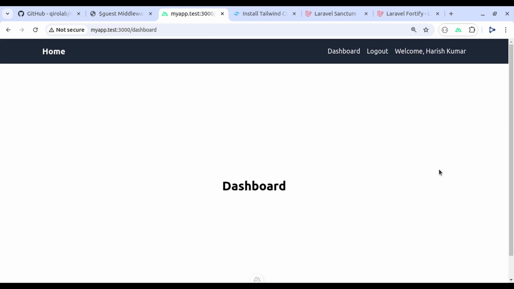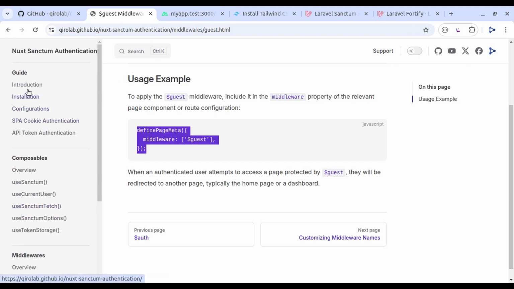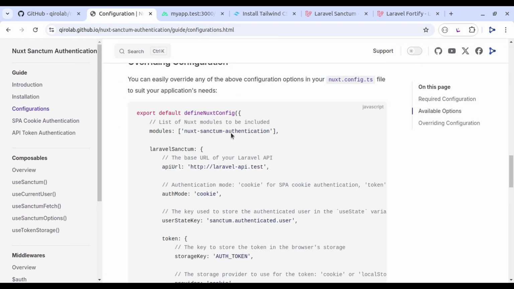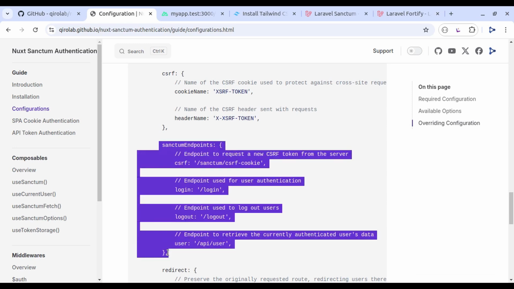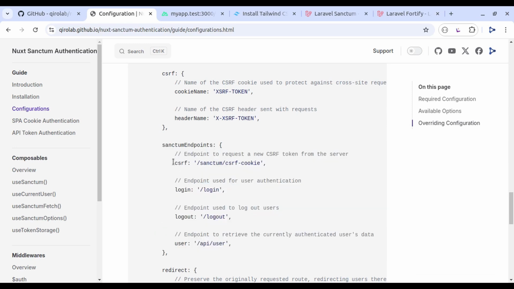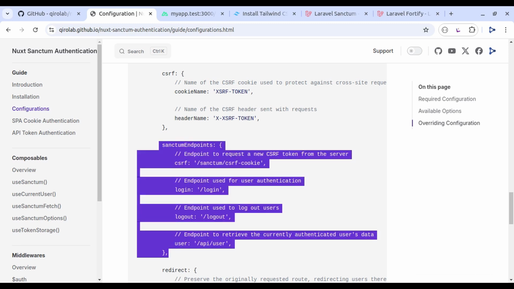To fix this, we need to update the paths in the Nuxt module configuration. Let's head to the documentation. In the configuration section, let's scroll down, and here we have the sanctumEndpoints object, where we can override the paths for the Laravel endpoints. So let's copy this, and in the Nuxt app,